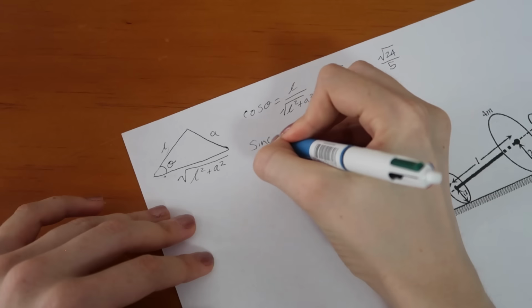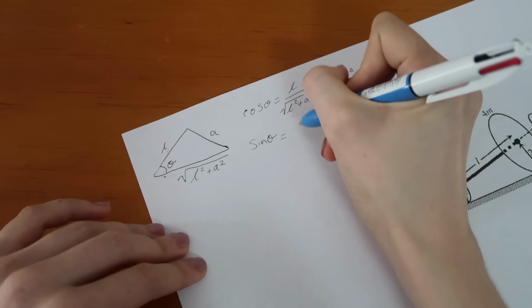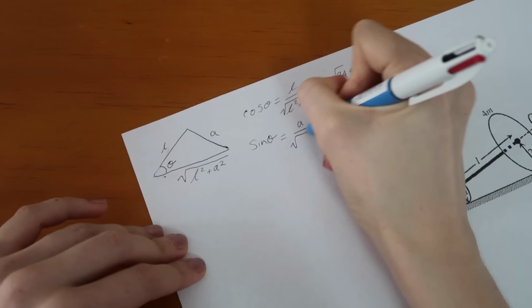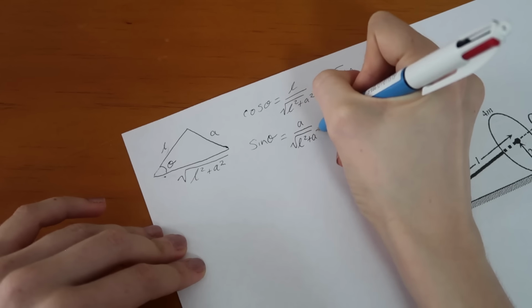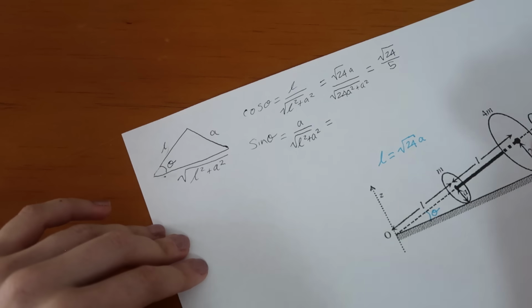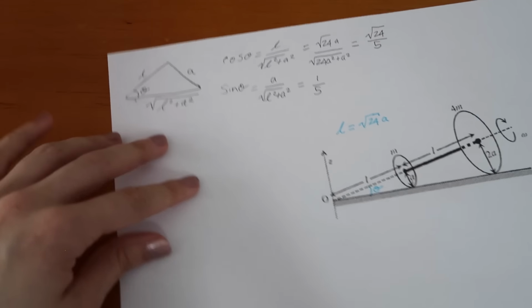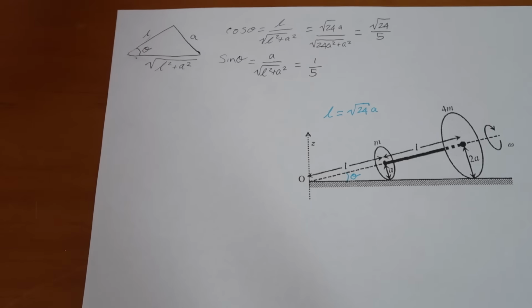Likewise, sine theta will be using the opposite side and the hypotenuse, and it will be a over square root of L squared plus a squared. And when you substitute in the value for L here, we end up with this being 1 over 5. Let's also extend some of the lines on our diagram. I'm extending this line out a bit,